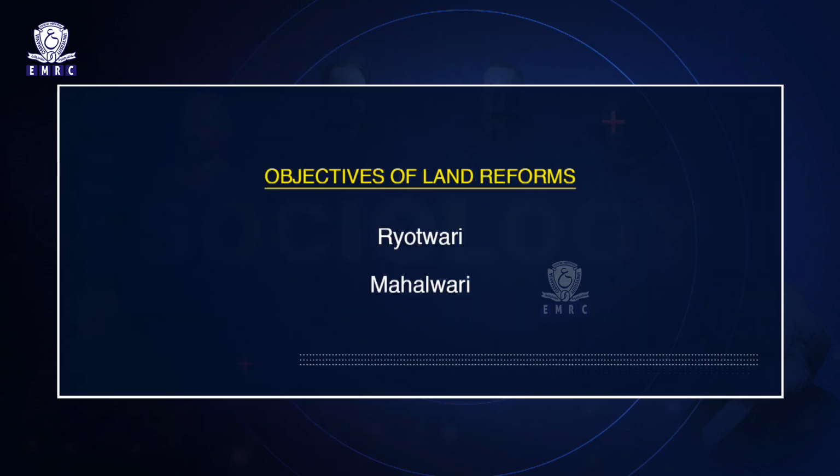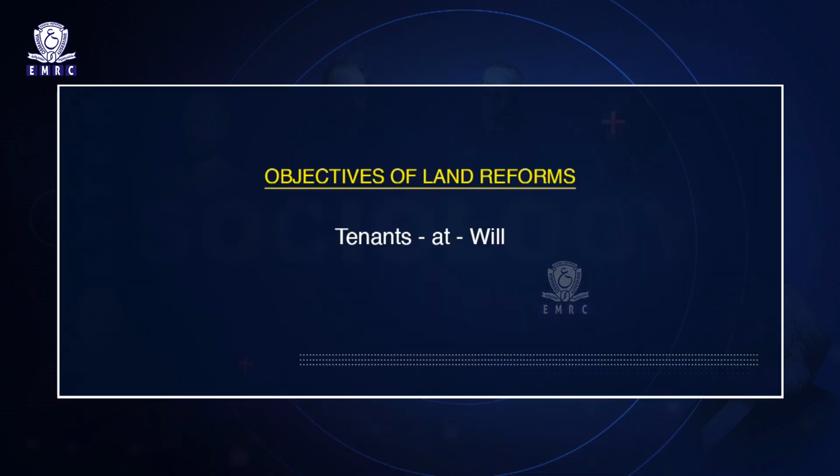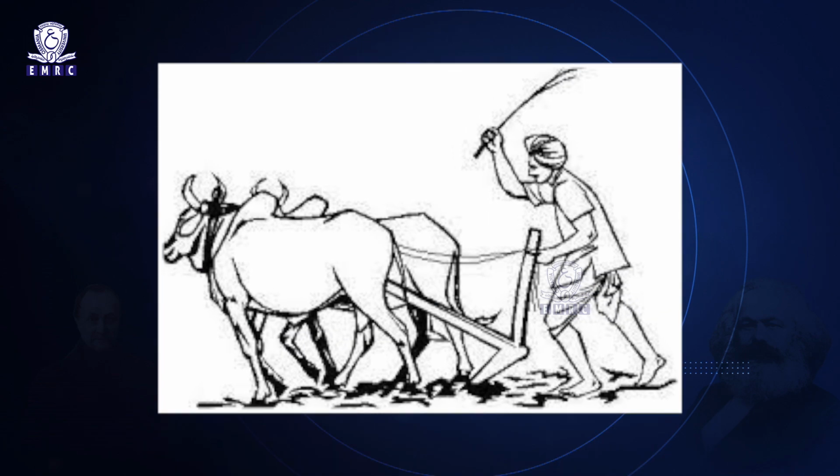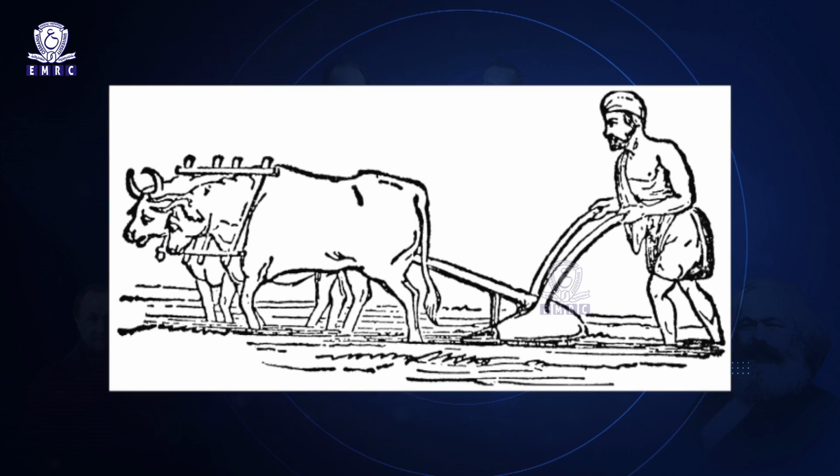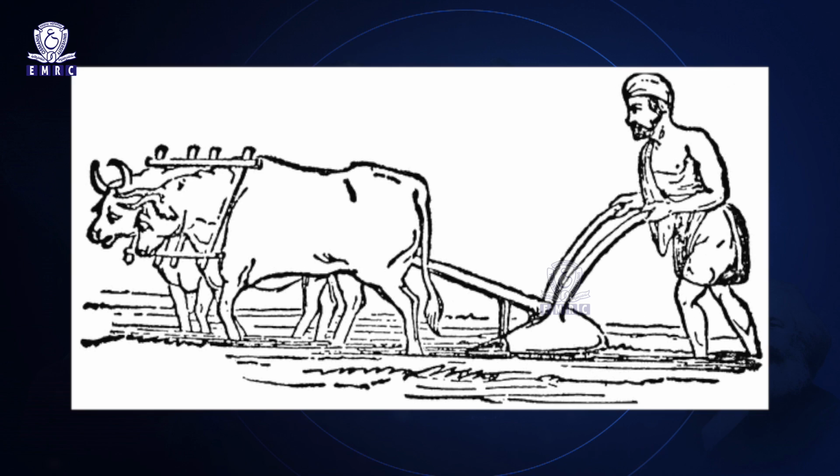The latter were forced to lead a wretched life of slavery and deprivation. Under the Ryotwari and Mahalwari systems also, the practice of cultivation by tenants became widely prevalent. These tenants were also exploited in a number of ways. Particularly miserable was the condition of tenants at will and subtenants. It was basically to stop the exploitation of the actual tillers of the soil and pass on the ownership of land to them that land reforms were introduced in the post-independence period in India.